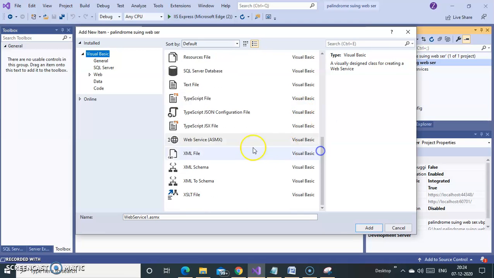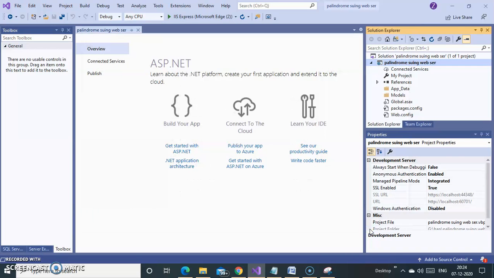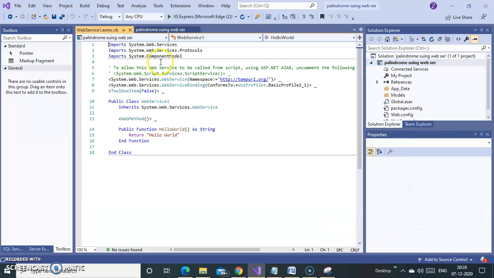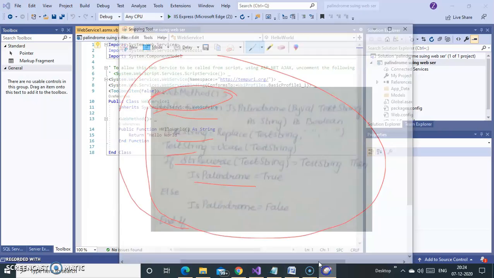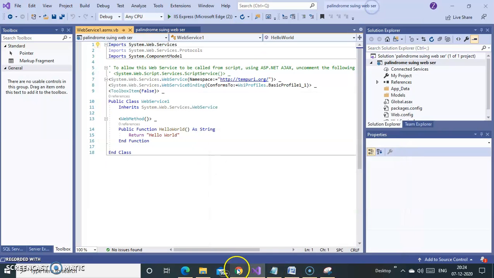So right click, add web service. I have selected web service, then give add. As soon as you give add web service, the web service page will get added. See, I told you this will be already there. See, this is your program, isn't it? Where is your program? Yes, see,